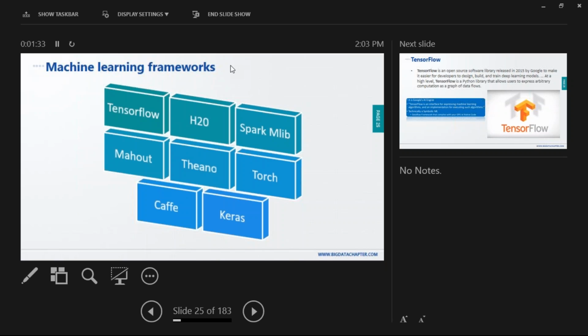Similarly, there are other programming frameworks like Deeplearning4J, deep learning for Java. These are the trending ones. Among these, TensorFlow, Theano, Caffe, Keras and Torch are all deep learning frameworks. Whatever we saw, the way of model building is completely different when it goes to deep learning. Deep learning uses something called neural networks.